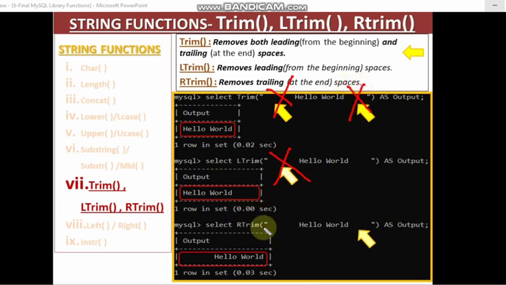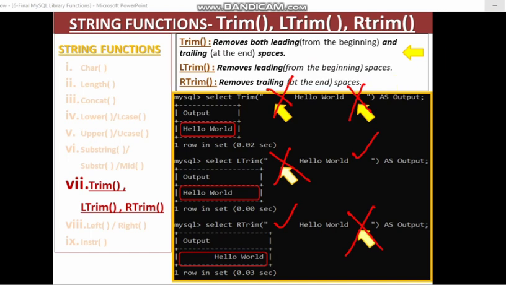And in case of R-trim, the initial space will be there. Trailing means at the end. This space won't be there. So see, the initial space is there, but the space at the end of the string is not there. So hope you have understood that trim, L-trim and R-trim, these functions, they remove the spaces.